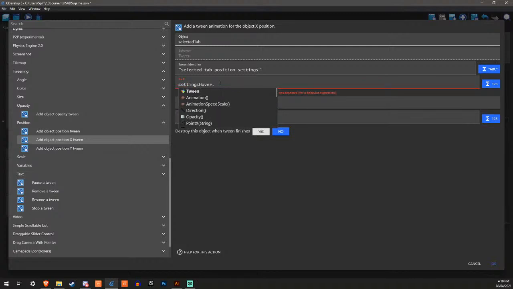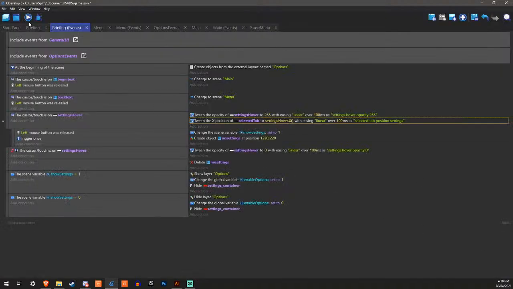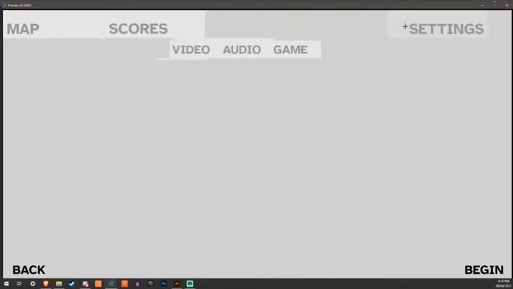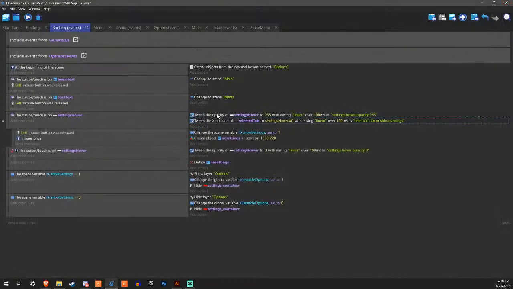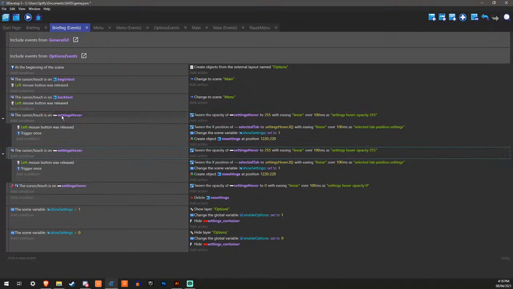Where's the settings hover dot X? That looks alright. Oh, I'm supposed to be on the clicked. Whoops. Let me go for that there. Okay, good. I can just do the rest for these things.